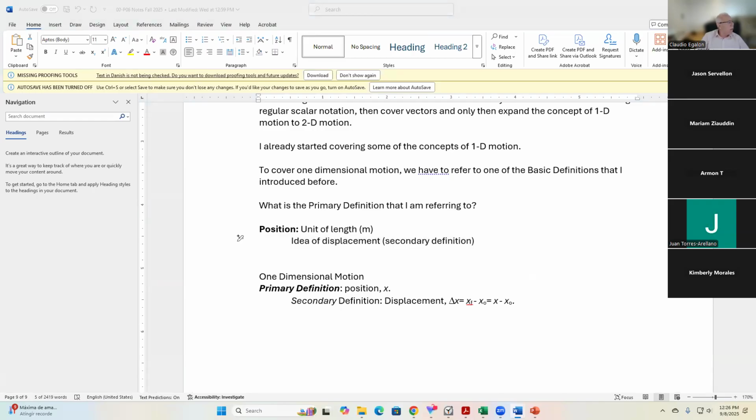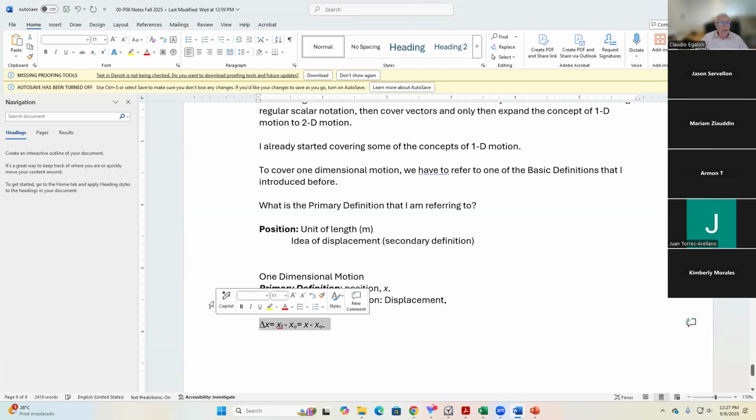Okay, and what else you have to know? You know, x final minus x initial, okay? So in physics, we try to simplify the notation as much as you can. And that's exactly what I did here in the next step, okay? Note that I use xf as the notation, but in physics and math, we try to simplify the notation as much as we can.